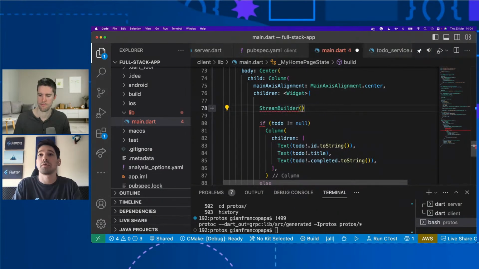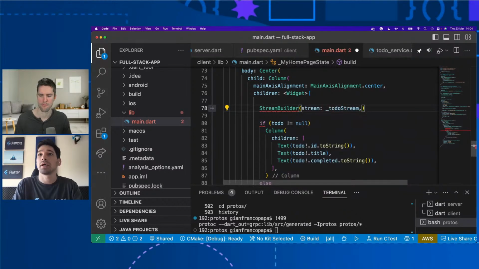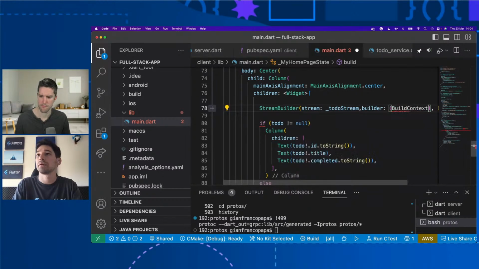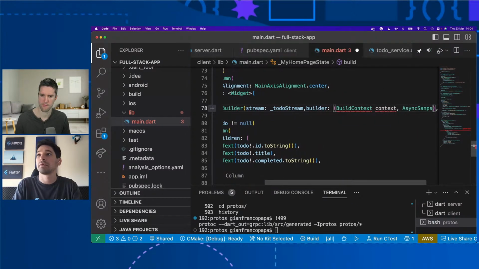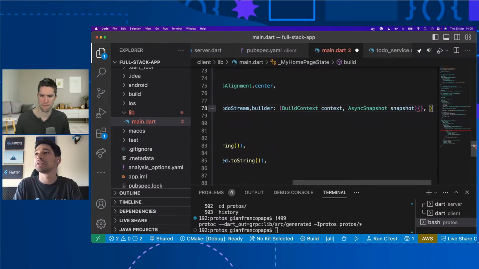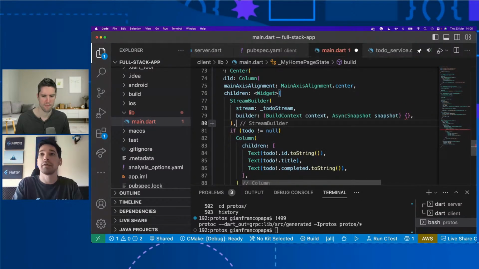And let's first provide the stream. The stream will be the to-do stream. And then we have to provide the builder, right? So for the builder, we need the context and the snapshot. Okay, this is getting a really long line, but I think that's it.